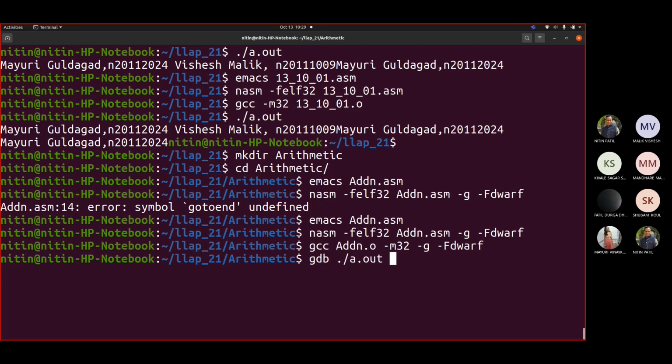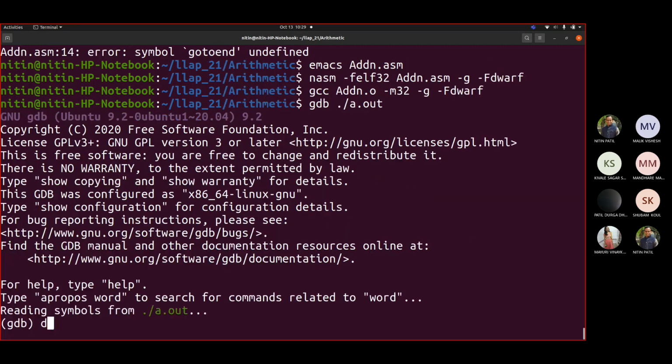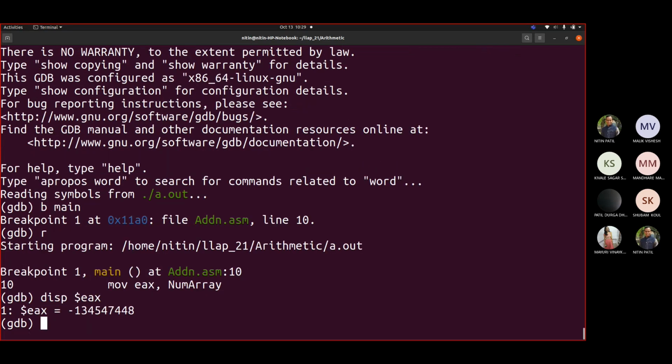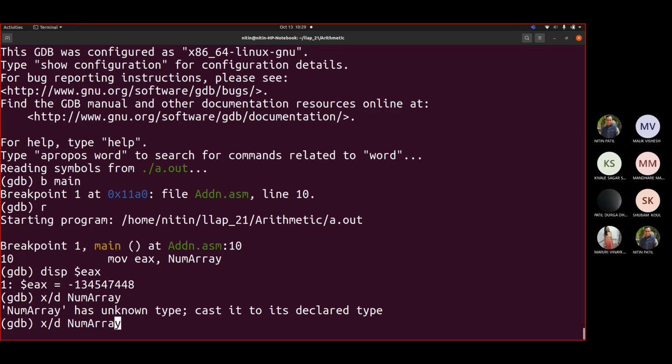So if I write gdb ./a.out, now let me examine. So let us say breakpoint main, run, examine. Okay, let us say display $ecx. Fine. Now ecx is containing something. So if I say examine /d num array, sorry. So what did it say? Num array has unknown type. Cast it to its declared type. So it is difficult for me to find out what exactly it is.